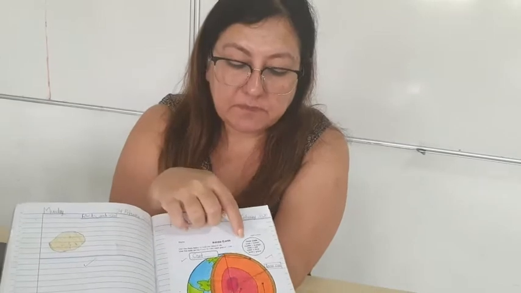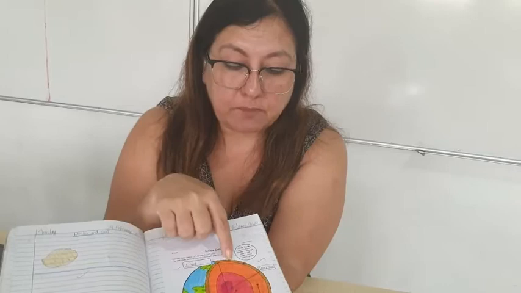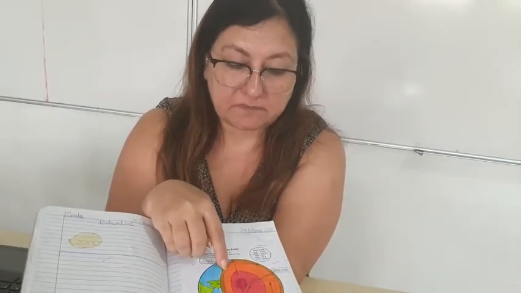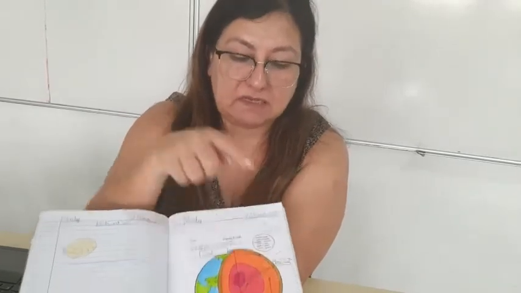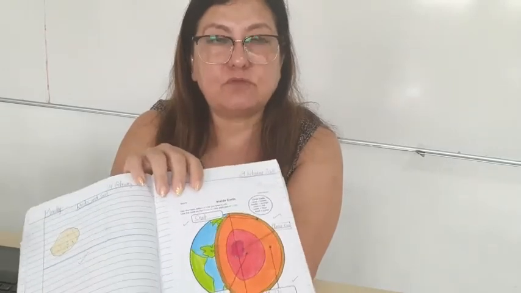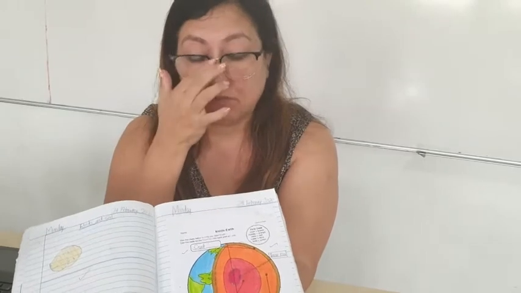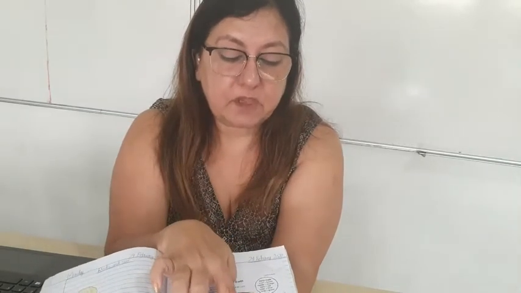Now the different layers of the earth. On the top, we have what is called the crust. You can see you have written this: the top layer is called the crust. Then the second layer, or the inner layer, is called the mantle. You must remember how to spell this because this worksheet will come out in the exam. So you must know the spellings of these words, crust and then mantle. Then what we have is the core.